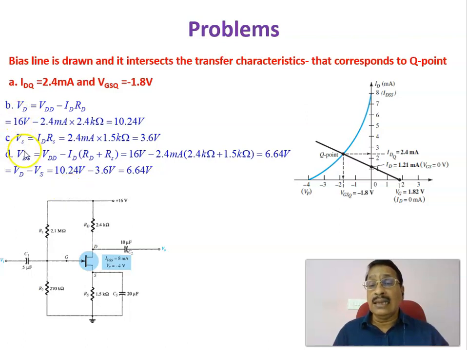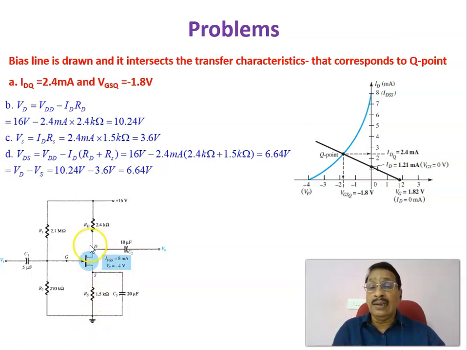Then you have to find out the voltage at the source side. The voltage at the source side with respect to the ground is the drop across RS. The drop across RS is given by ID into RS. ID is already 2.4 milliamperes and RS equal to 1.5 kilo ohms, so that is equal to 3.6 volt. Therefore, this voltage is 3.6 volt with respect to the ground, and the drain voltage is 10.24 volt with